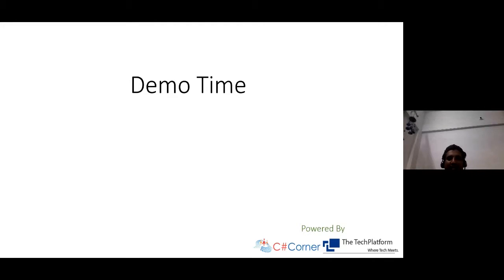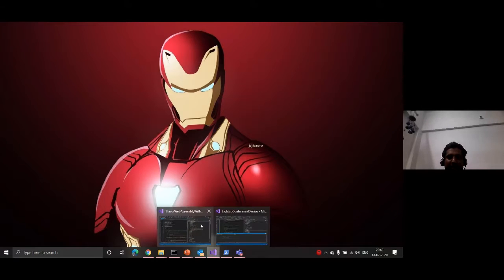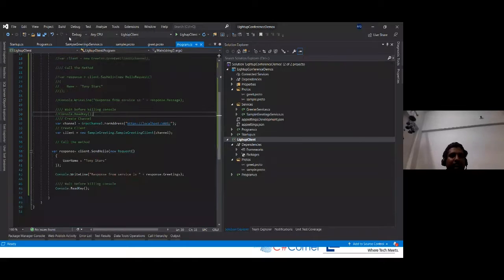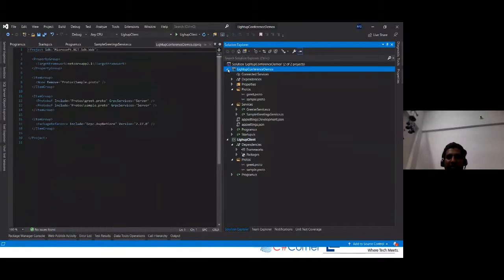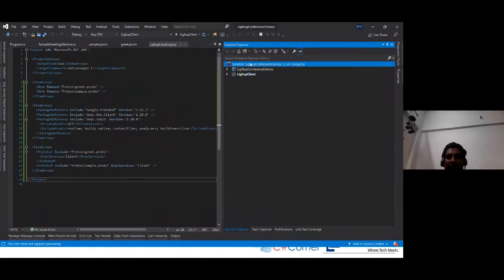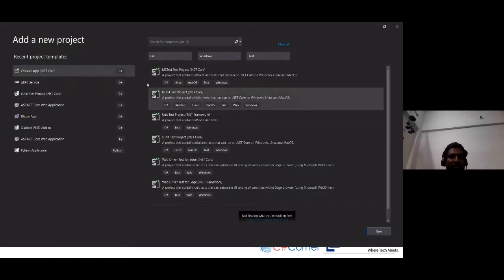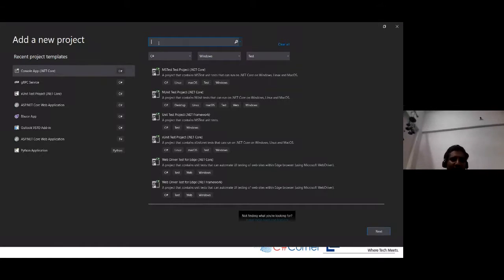So let's see how we can create our service, and create a client, and how we can call the service from this client. I'll just switch to my Visual Studio. I have one application already running over here, but what we'll do is add one new project. You can see here there are templates.